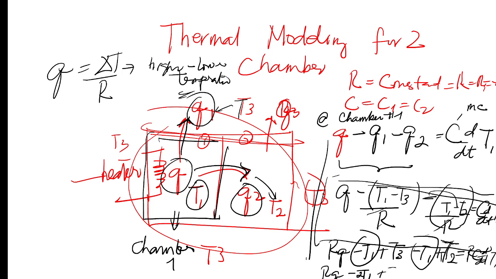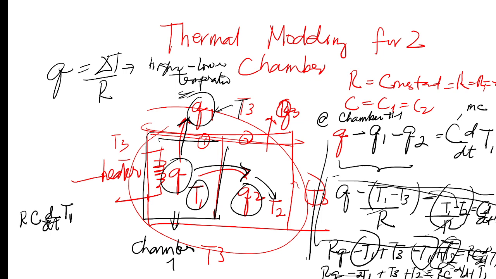Then plus T3 or plus T2 first, right? Plus T3 or plus T2, it's just the same. Then RC d over dt of T1. So if we're going to put it here, the resistance and the capacitance, you have to multiply, and then the answer should reflect the change in the rate of temperature in chamber 1, which is T1. Now, RC d over dt of T1, which is this,